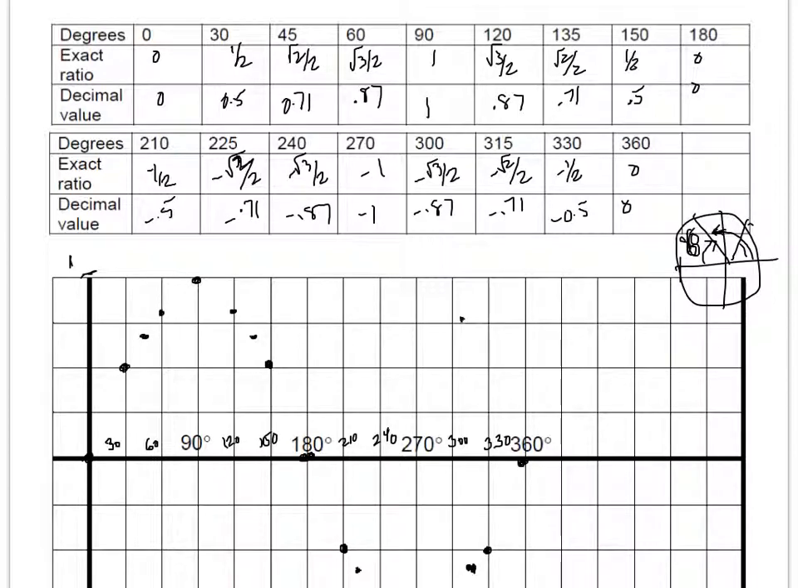Now I continue the same way and I come up with this table of values. I just assume you can use your calculator. The only thing is that you have to know all these exact ratios, so you can't use the calculator for these. Now, to plot these,